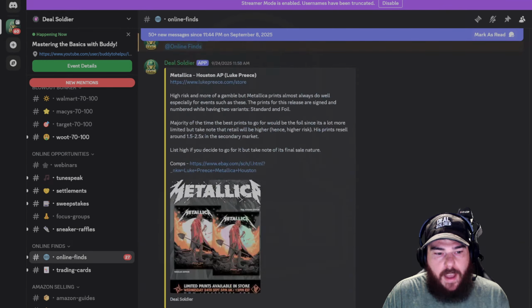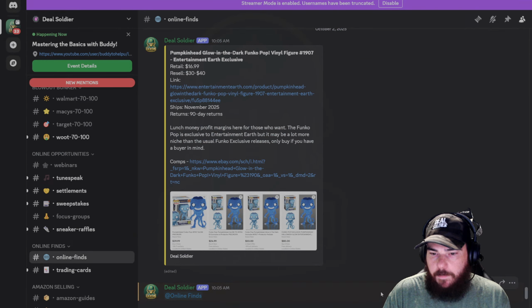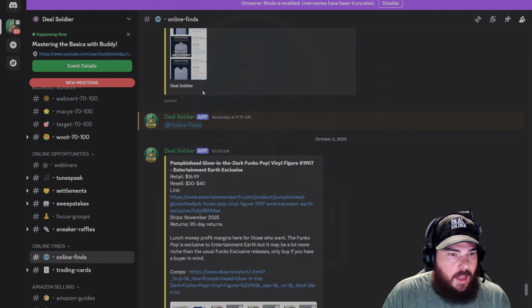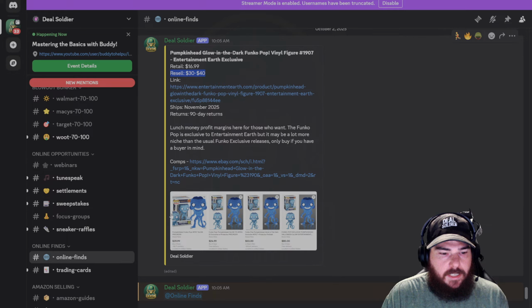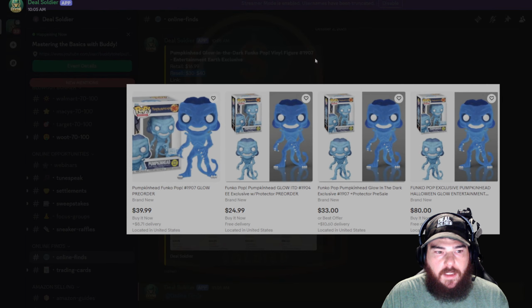We have our online finds. These are going to be similar to the flips channels. They're going to be the high demand items that are found online that you can just purchase right from your computer, shipped to your house. They let you know what the retail price is, what the estimated resale price is, and if they have any samples of the selling. So like this Funko Pop looks like it was selling for about $39,